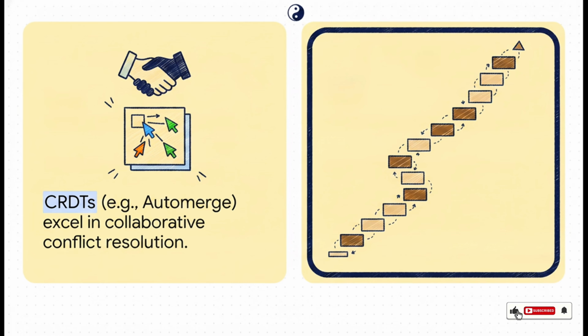On the other hand, we have event sourcing. Rather than just storing the current state of your data, event sourcing stores every single change as an event. This offers an incredibly robust history and perfectly tracks exactly how your data evolves over time. Both are totally valid paths depending on what you're building.